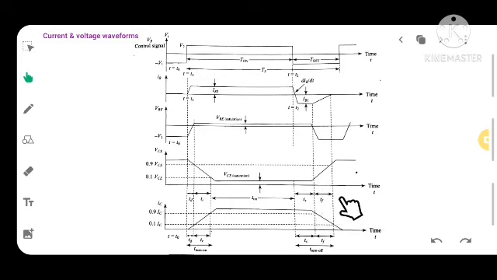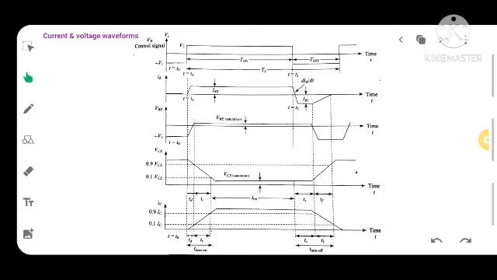Now let us try to understand what is fall time. You can see TF. TF is the time in which the collector current falls from 90% of the maximum value to 10% of the maximum value IC. So this is the duration, and this is called the fall time. So how can we define it?